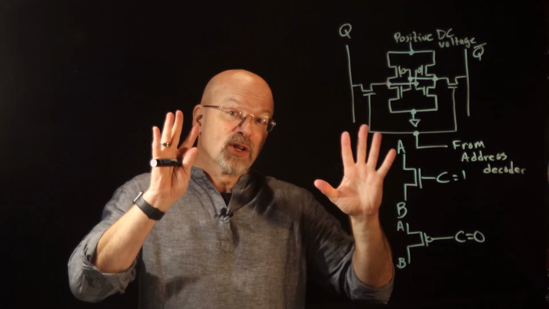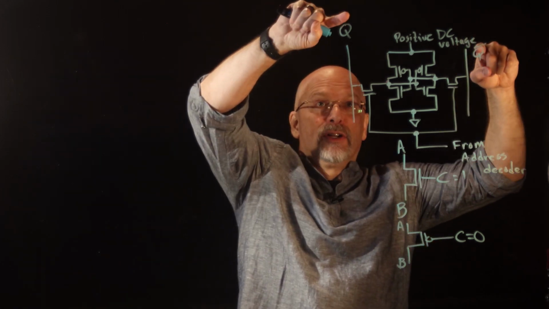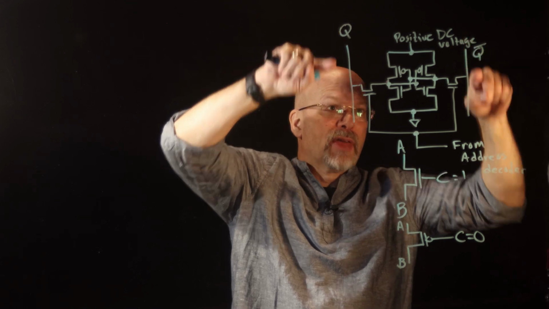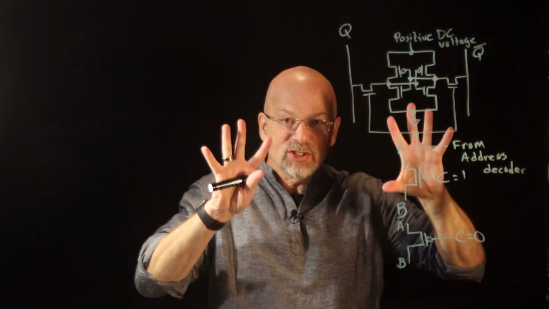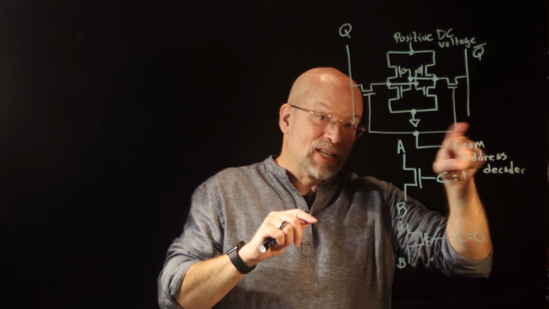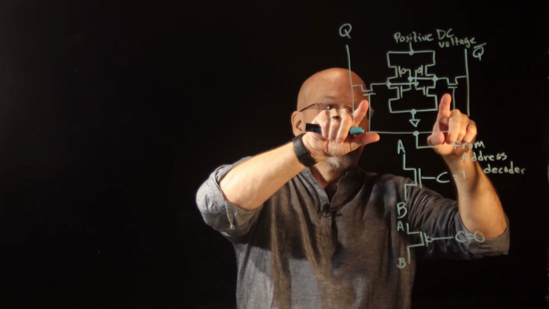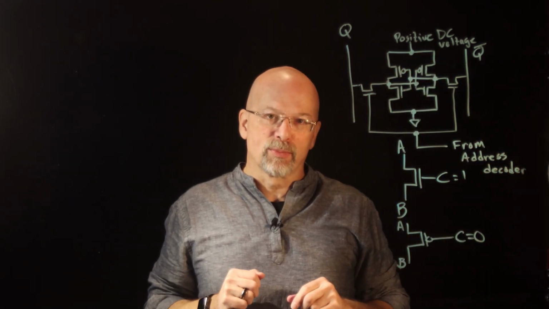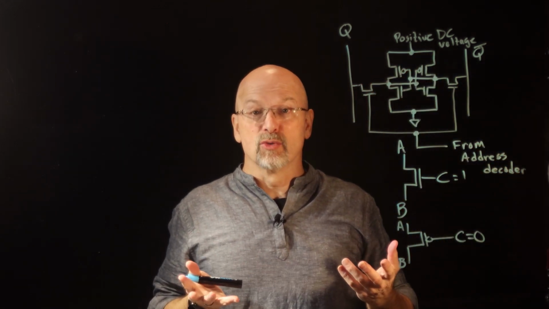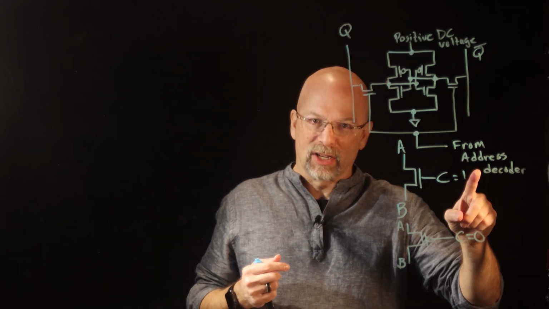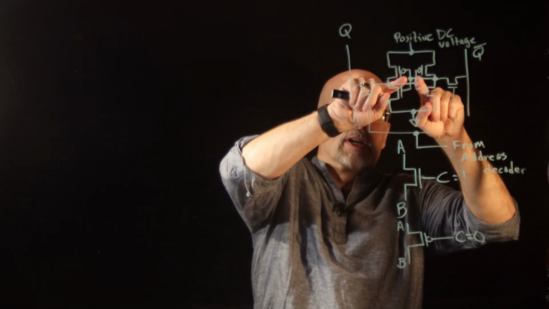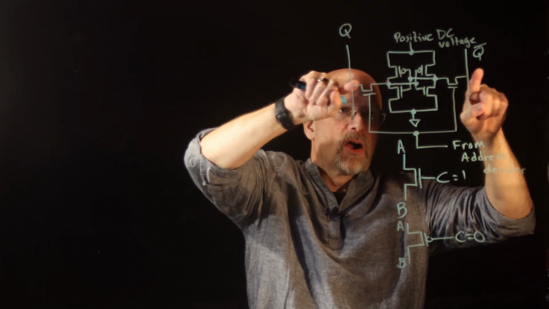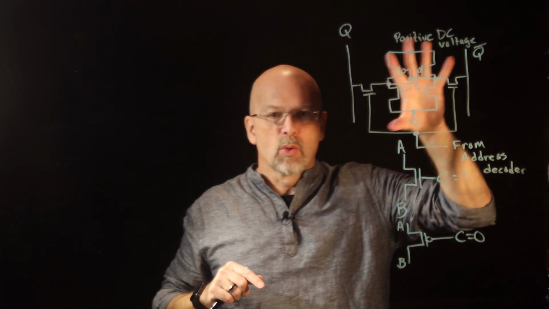So when the processor wants to store data, it simply puts a 0 and a 1. Like if it wants to store a 0, it'll put a 0 here, a 1 here. That comes through, and it has to activate the address decoder line, closing these switches so that the 0 and 1 come in and set the transistors appropriately. If the processor wants to read the value, it sets the address decoder line active. That closes these transistors going to Q and Q bar, and that connects the value that's stored inside there